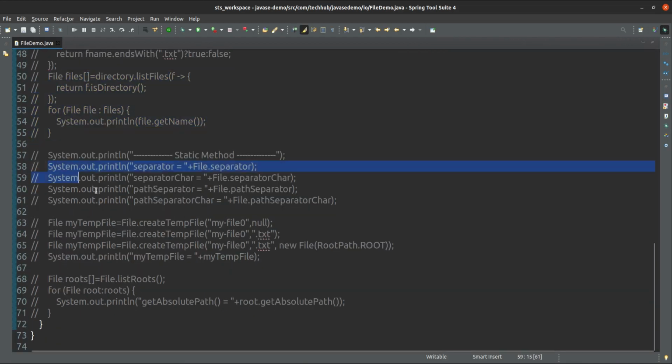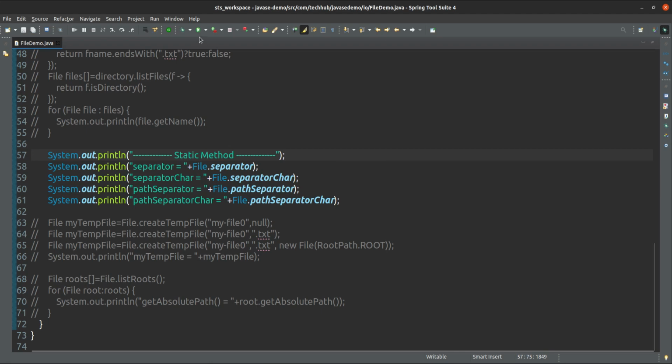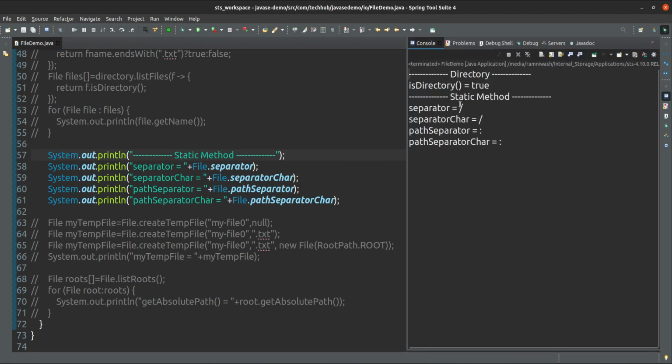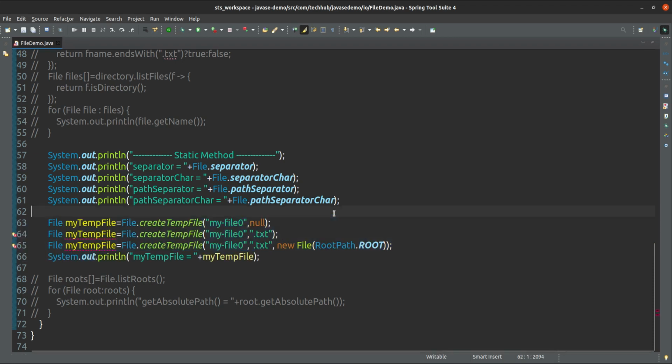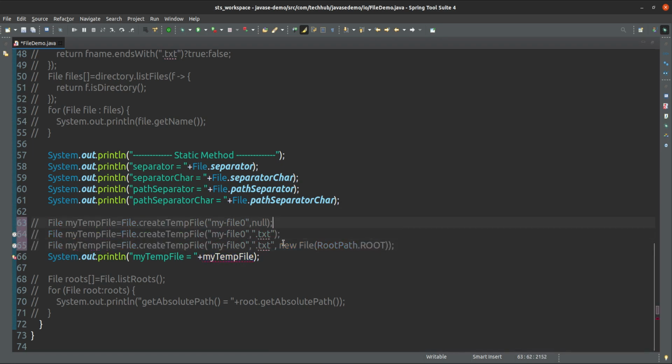Some static methods are also available for File, we will see that now. What is the file separator, how it separates files, and the path separator using this colon. Okay, that is fine. Now it will create a temporary file. So you can create a temporary file also.